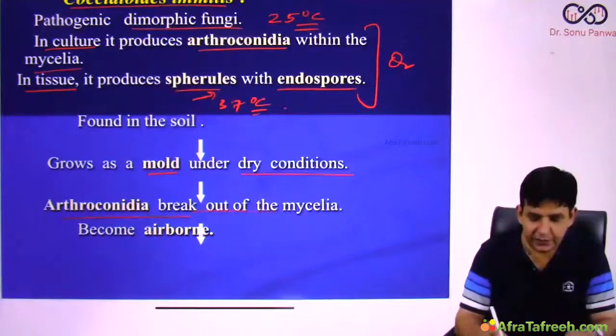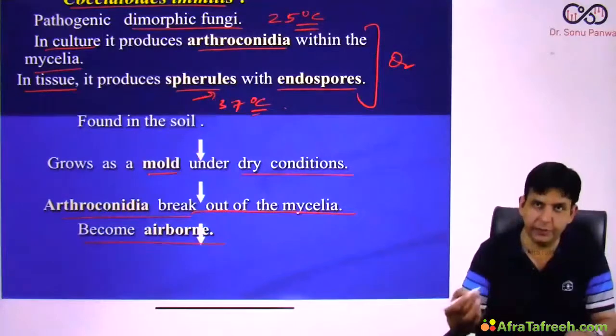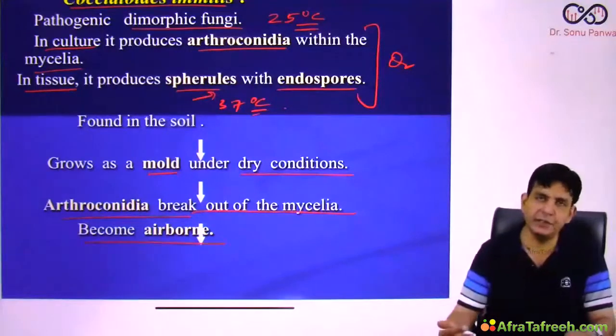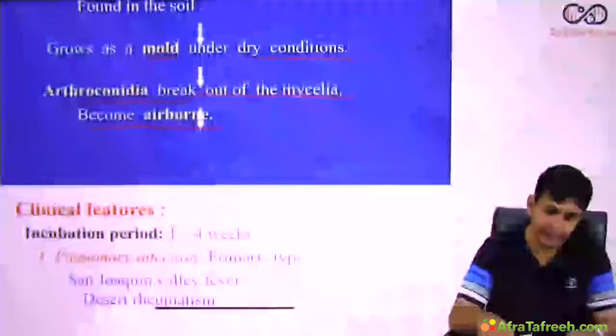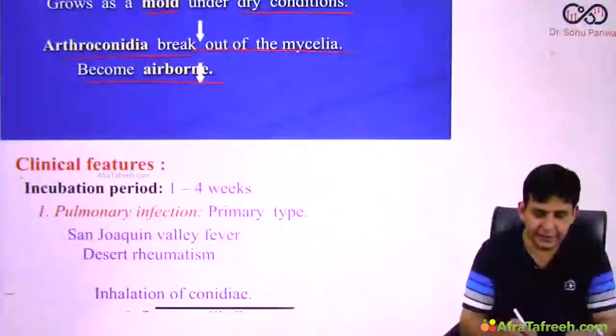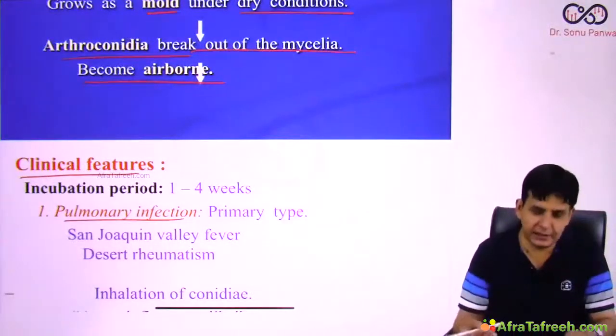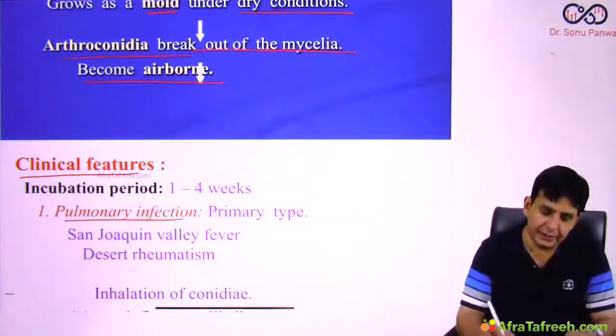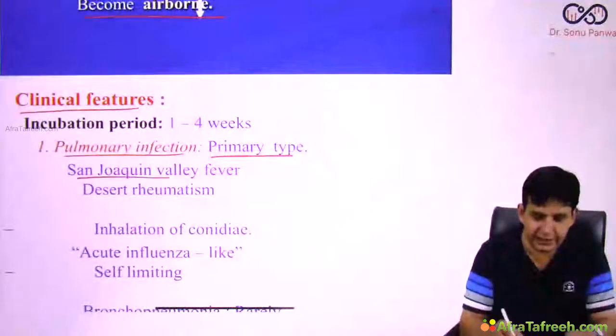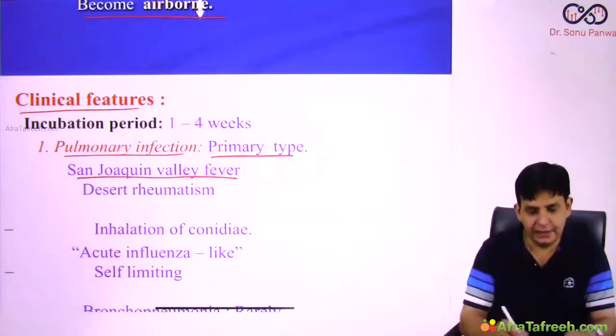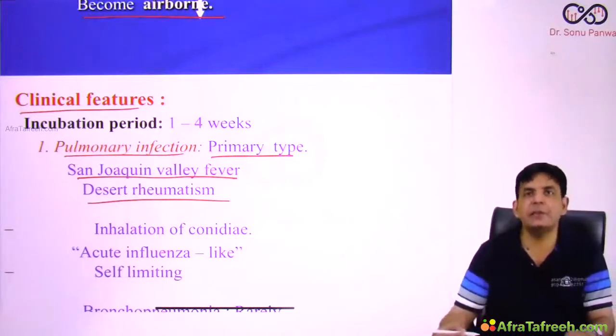Arthroconidia break out of the mycelia and become airborne, and thereby the infection happens. Okay. Clinical features, obviously, what is being involved? Mainly the lungs, and the primary type of this is termed as what? San Joaquin Valley fever